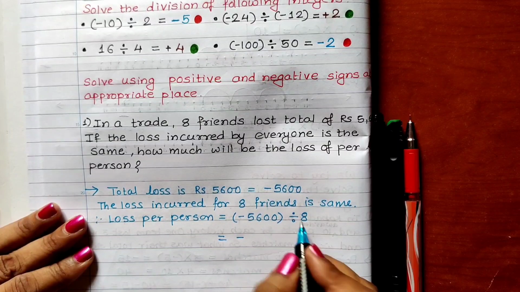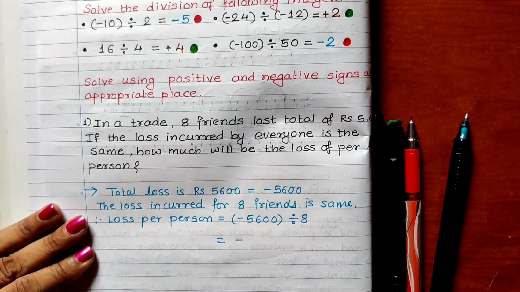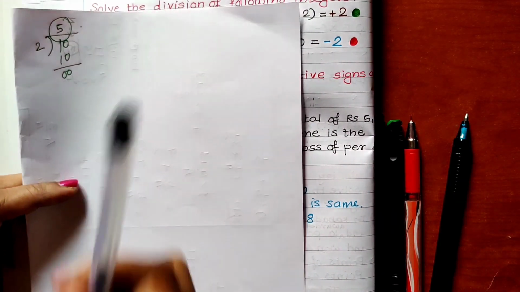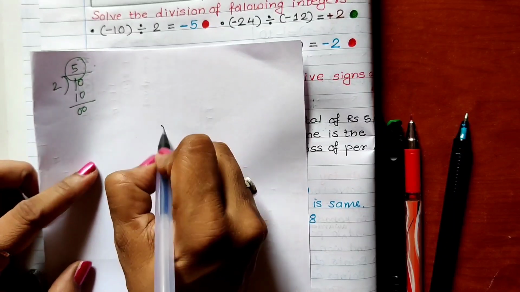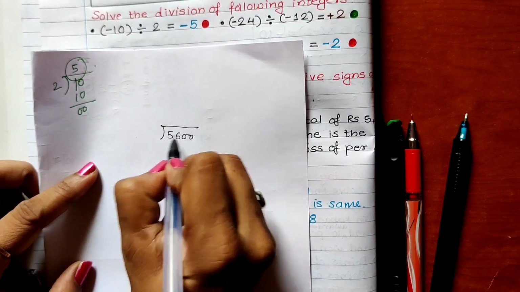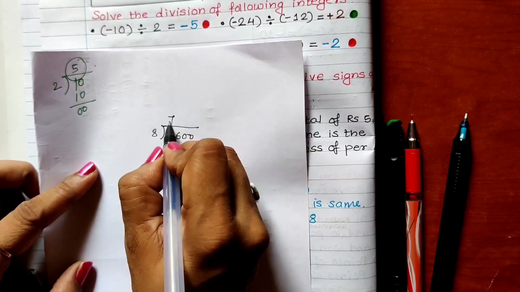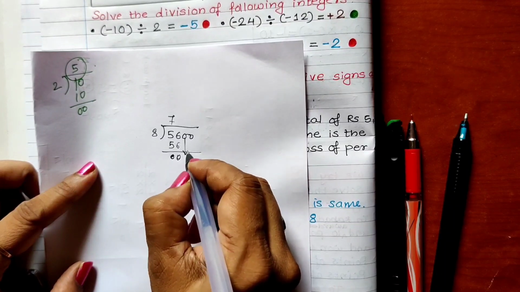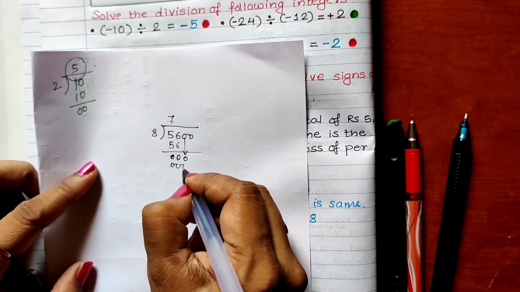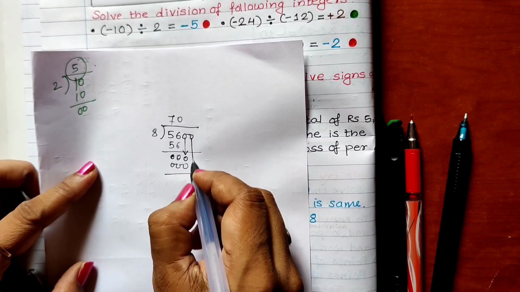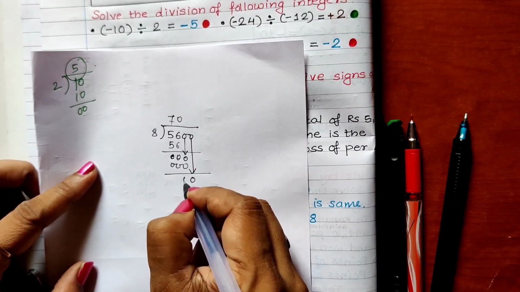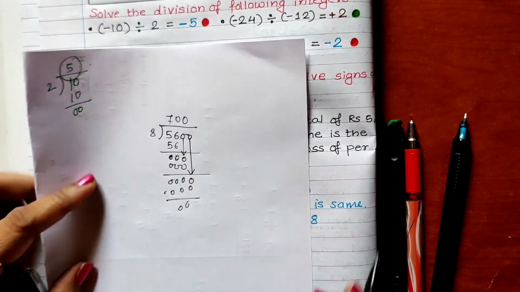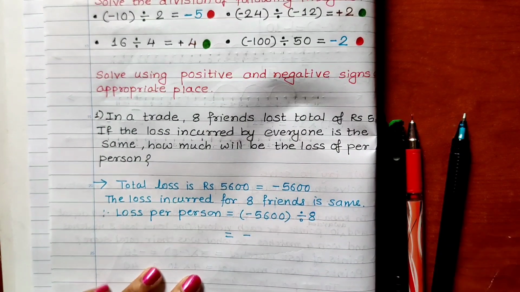And what is 5,600 divided by 8? We will have to do this division here on one separate page. If you want, you can do the division, otherwise you can do it orally also. 5,600 divided by 8. 8 sevens are 56. 0 0. Now 1 0 we have to put down. So 0 0 0, 8 zeros are 0. Now one more 0 is remaining, so we have to put down all these zeros. We have to write again 8 zeros are 0. So the answer is 700. That means minus 700.